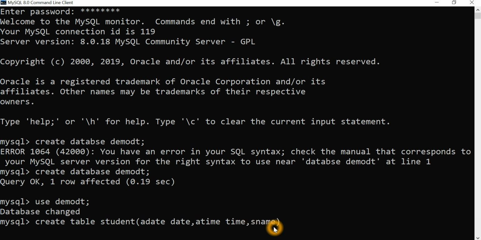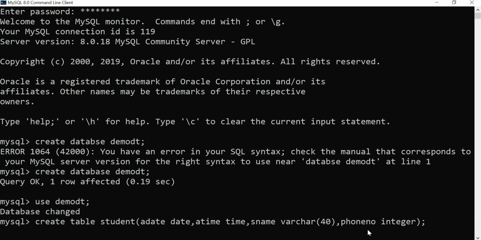Next is the student name, a variable character, and you have to provide a maximum size. The final one is the phone number, which is an integer. So the table contains 4 fields: admission date, time, student name and phone number.